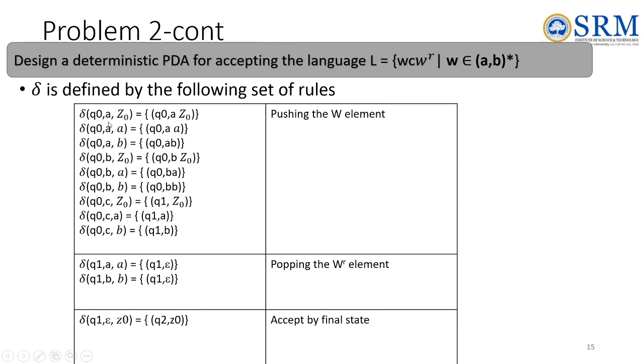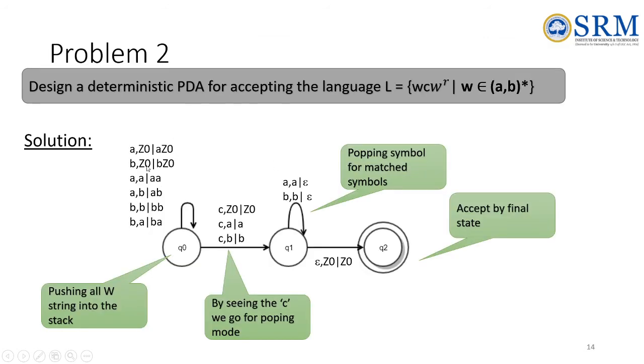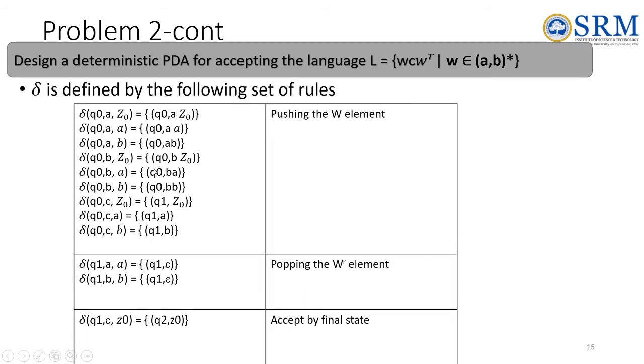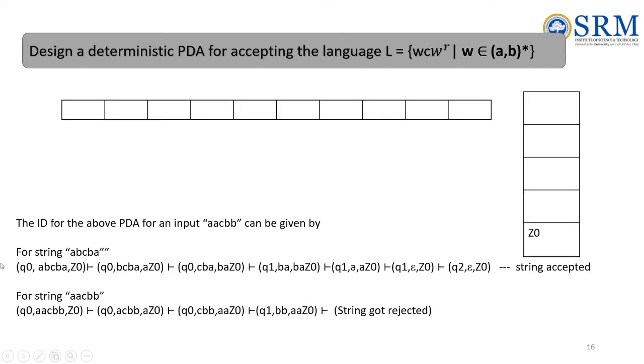For pushing, as I said, for all combinations 1, 2, 3, 4, 5, 6 I have written, and also the C. While I am in the Q0 state, if I am seeing a C with Z0, A or B as the top of the stack, I will be going to Q1 state doing nothing. That is also written over here. Then here, for A pop, for B pop, and for the final state. So likewise you write all the rules,